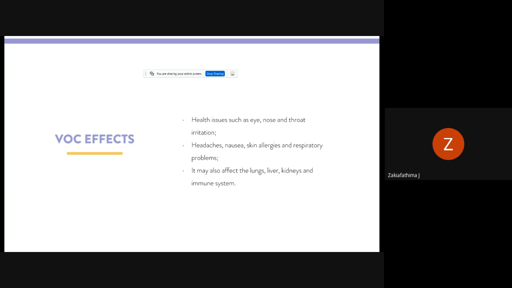So as it keeps emitting your organic compound, you face health issues that affect your eyes, nose, and throat. Certain people get nausea, headaches, skin allergies,